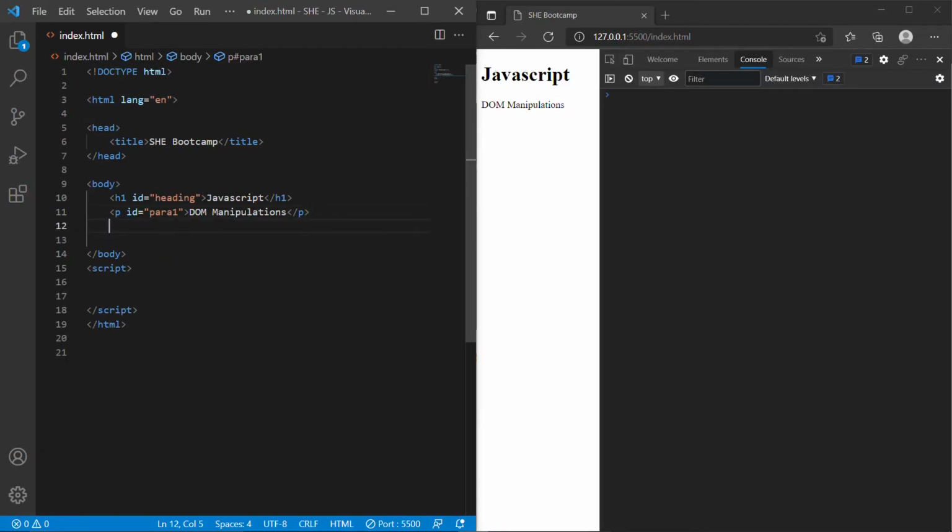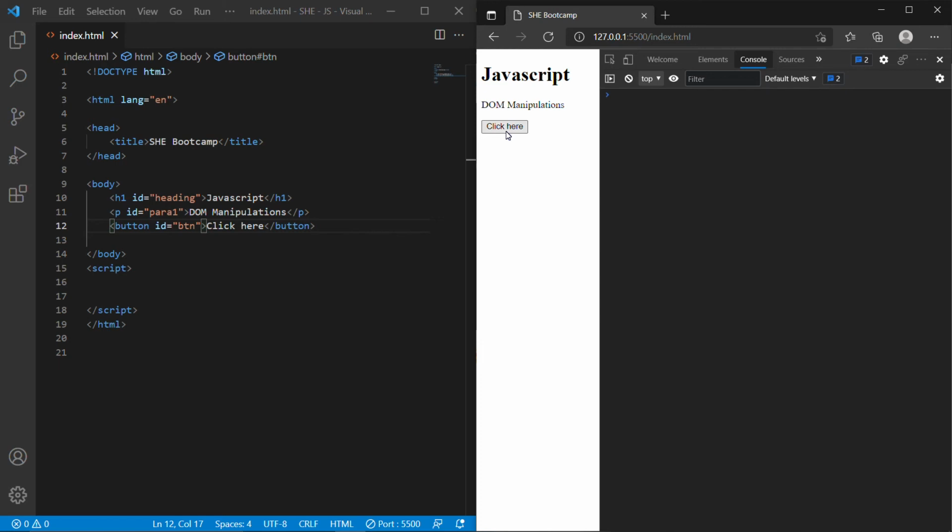Let me create a button here. Give it an ID. Now on clicking the button, what does it do?